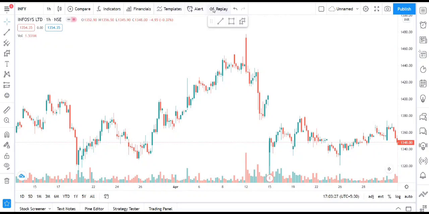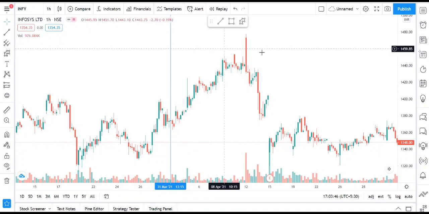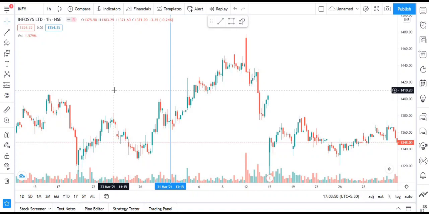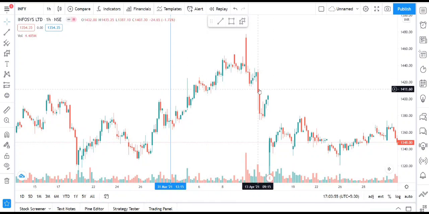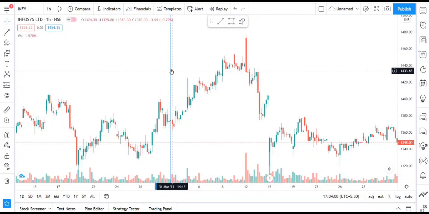So basically what this replay feature does is that if we mark it at any point of time, it will remove all the prices ahead of that. Suppose I mark a line here, Alt V for a vertical line, so I pressed it, so this kind of line will appear and all the bars from here ahead will be removed, and as I play the replay button, it will show me the price movement. It is usually used for strategy testing or teaching. When we are teaching someone, we use this kind of feature.